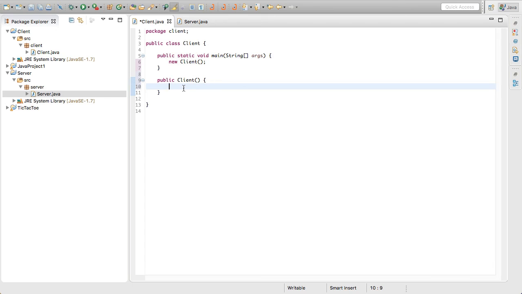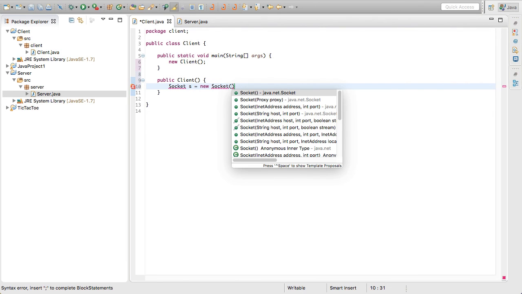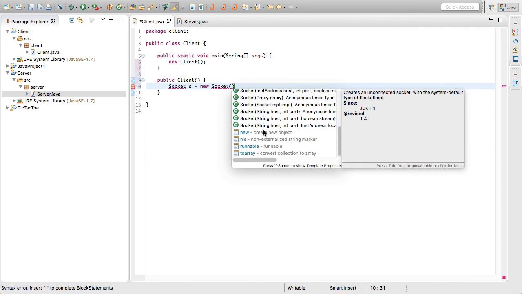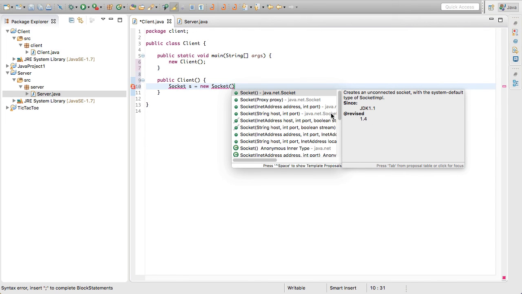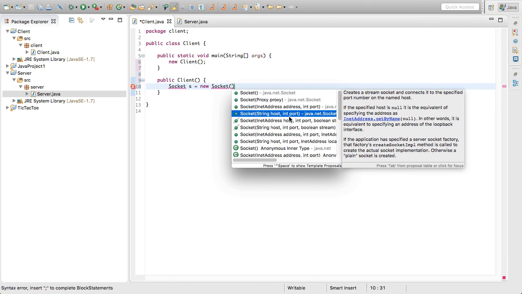So, the first thing that we're going to do is we're going to open up a socket. So we're just going to type Socket with a capital S, and we'll just name it s for now. And we're going to create a new socket, and then here we pass in two variables. If I just hit Control Space, you can see a bunch of different ways that we can do this here. However, what we're going to be doing is using the String host and then int port. So if we just click that,